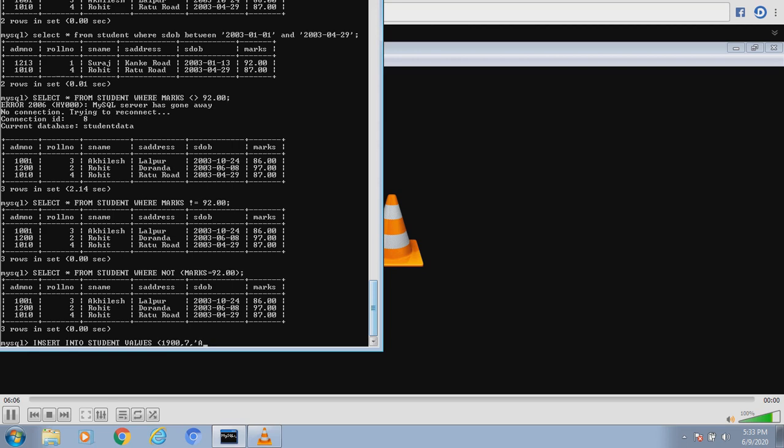Then after giving the name, suppose I don't know that student's address. So as I don't know the address of that student, I will put a null here. What does null mean? Null means I want to keep the address empty now, and a valid value in MySQL for empty is null.